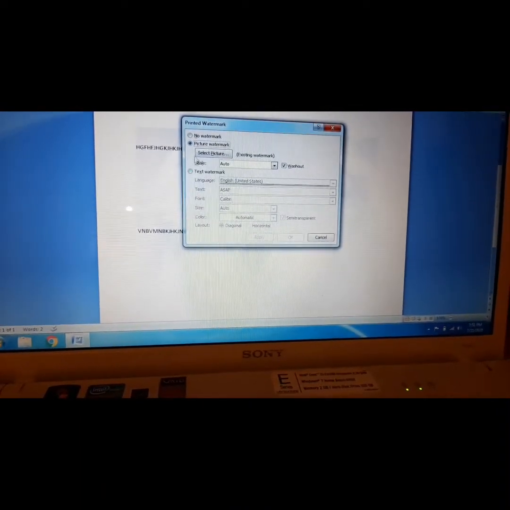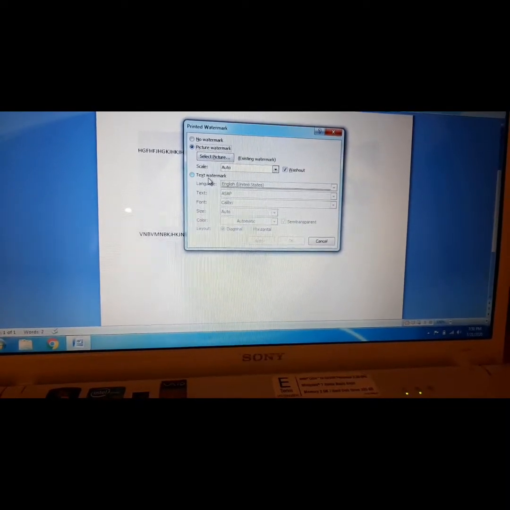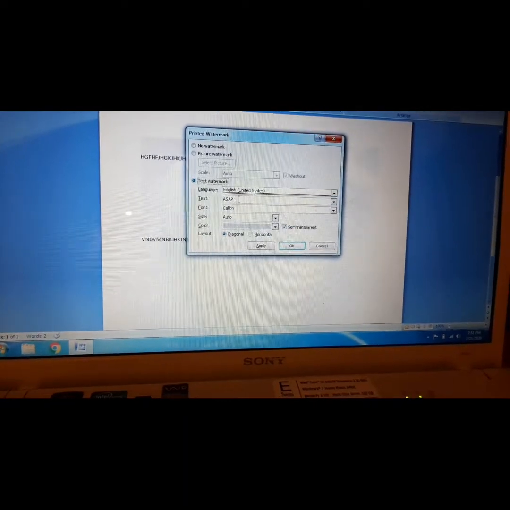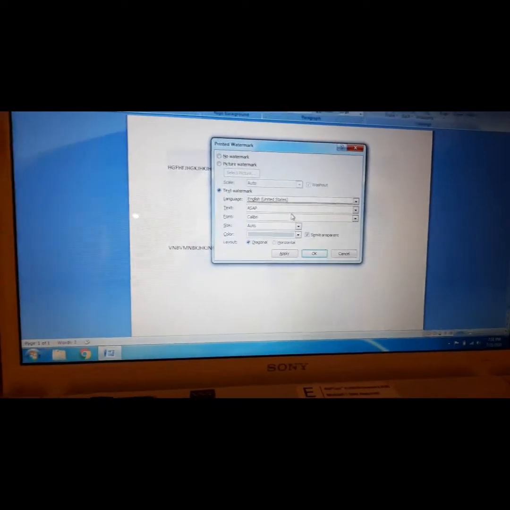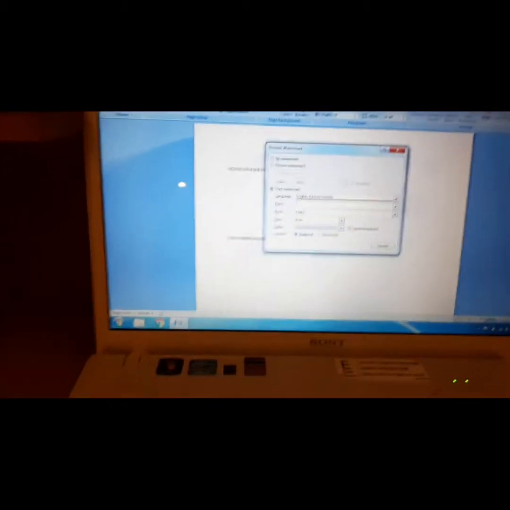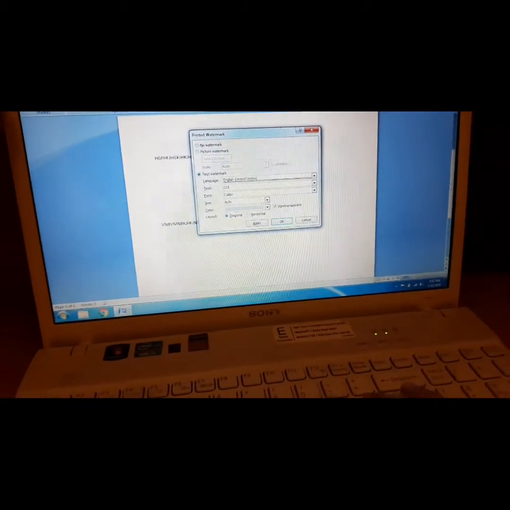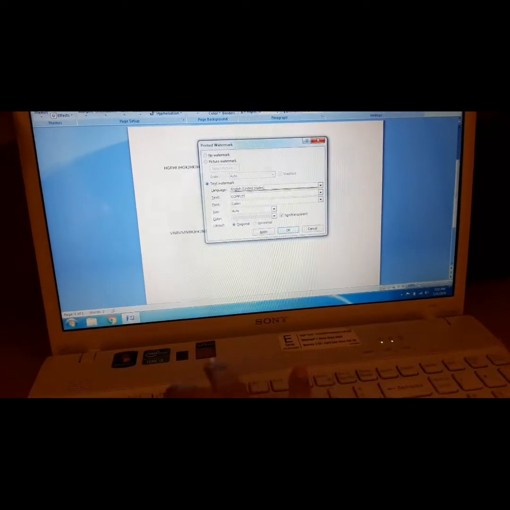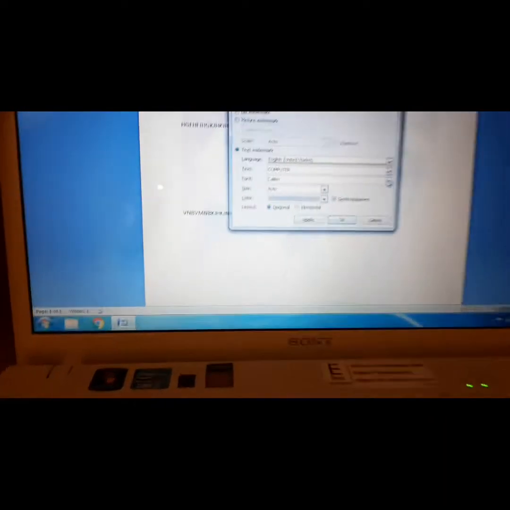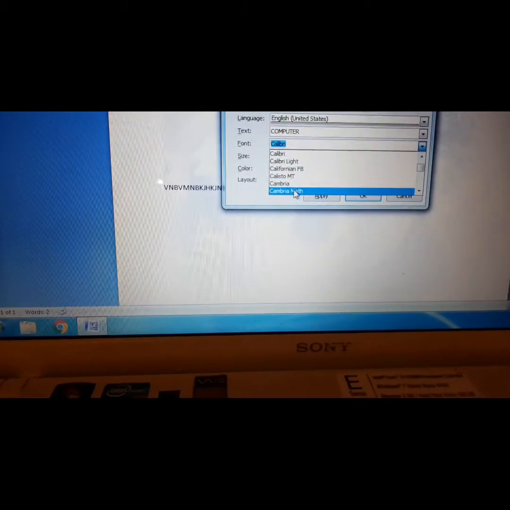Custom watermark. In custom watermark, here you can select text watermark, and where ASAP is written, you can write computer. And if you want to change the font, you can change the font also, and color also.